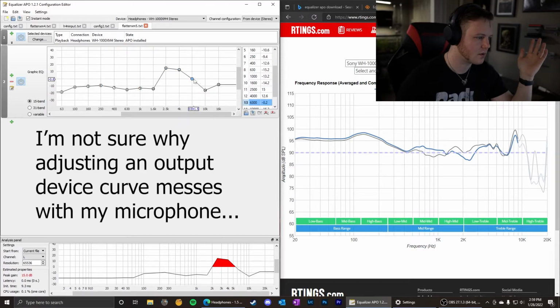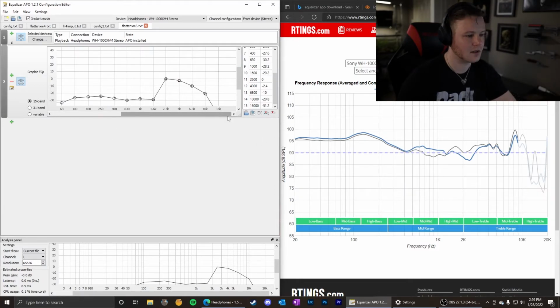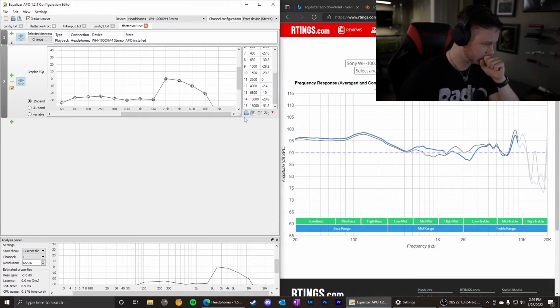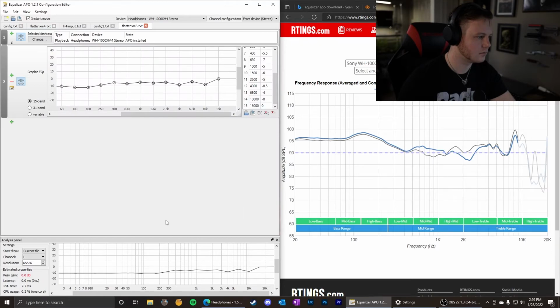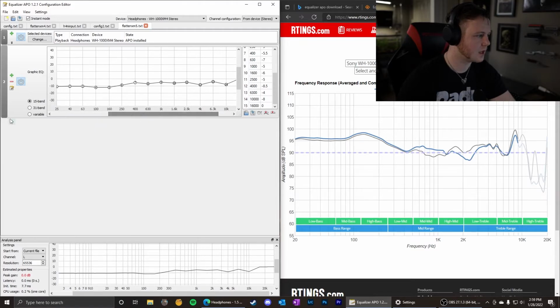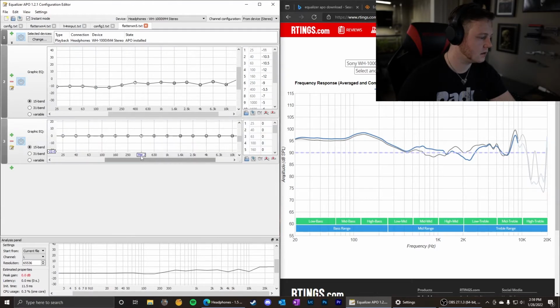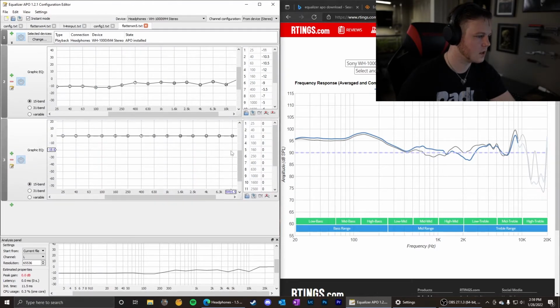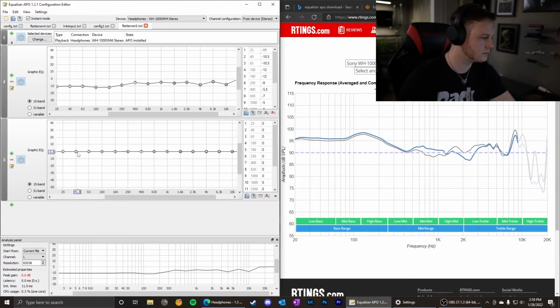So let's say you've messed around with it and you've done all this stuff, you've equalized it, and you're like, actually, I think this is starting to sound like crap, and I don't want to have to do all this again. Well, that's why we exported it once we got that neutral frequency response. You can import XM5 flatten, and it'll reset everything. So you can reset it, and what you can also do is add another equalizer